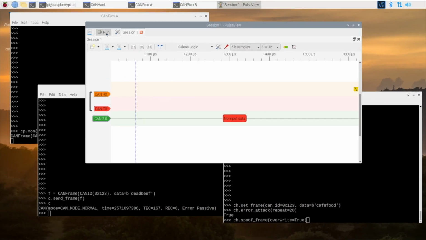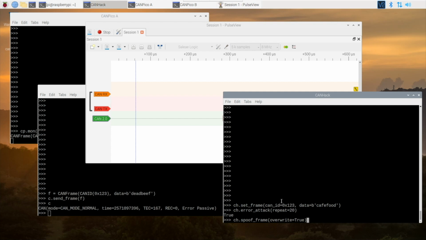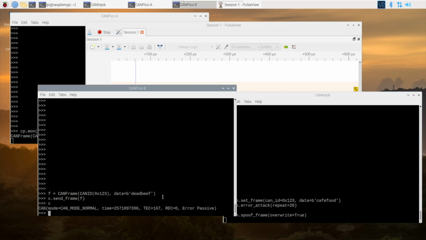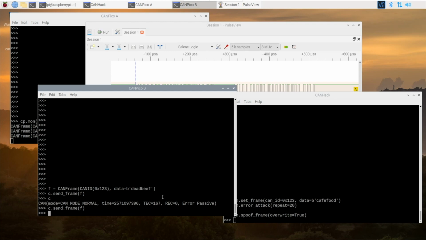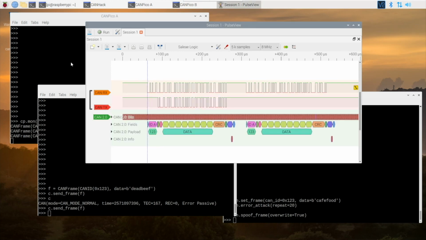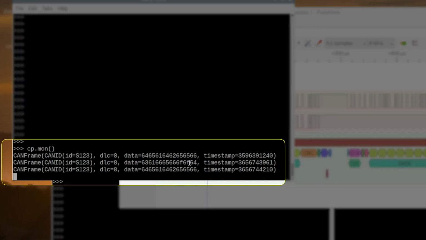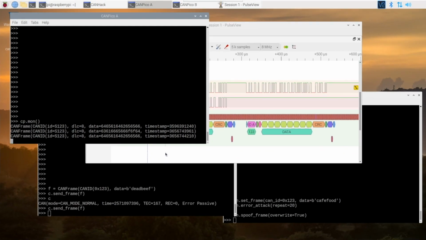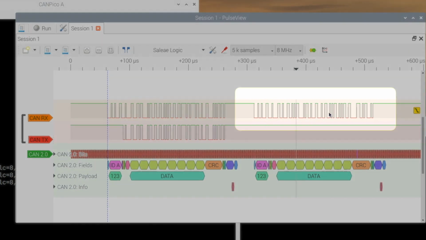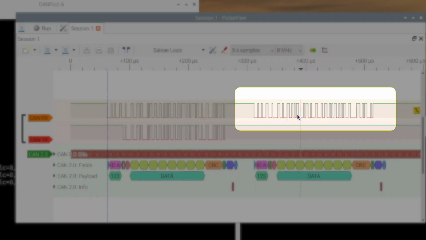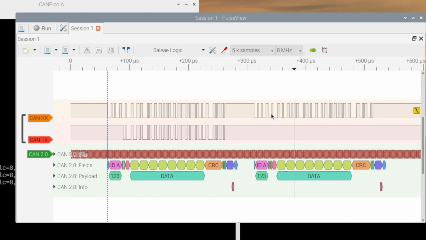So what we'll do is run the logic analyzer, target the frame and send it. So we have transmitted our spoof frame first, and then the victim's frame comes second. There are lots of techniques we could use to delay this second frame. We could kill it again, and there are other techniques. So we can spoof a targeted error passive node with an arbitrary overwrite of its payload with the payload we want to spoof.